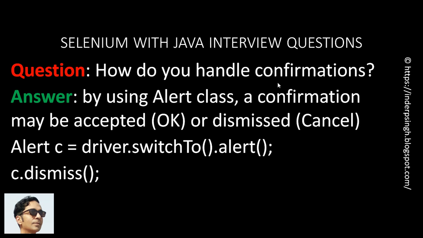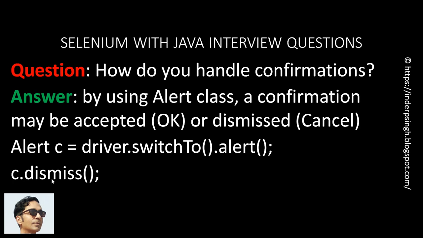How do you handle confirmations? Again, we can use the Alert class, and the difference between alert and confirmation is that a confirmation may be accepted, meaning the OK button is pressed, or it can be dismissed, meaning the cancel button is pressed. For example, Alert c is equal to driver.switchTo().alert(), same command as before, and c.dismiss(), meaning press the cancel button on